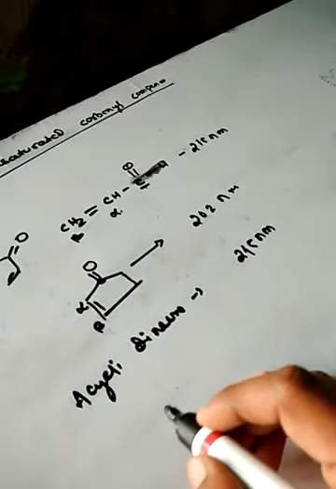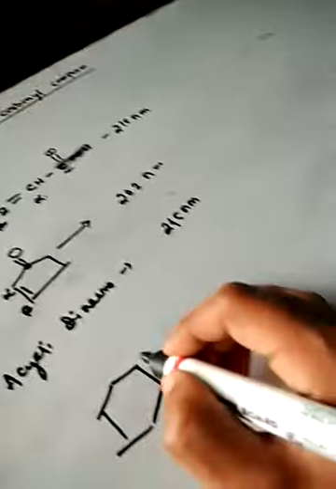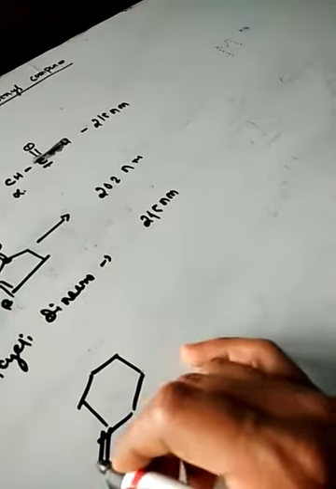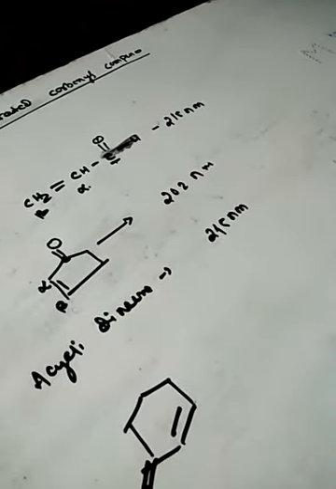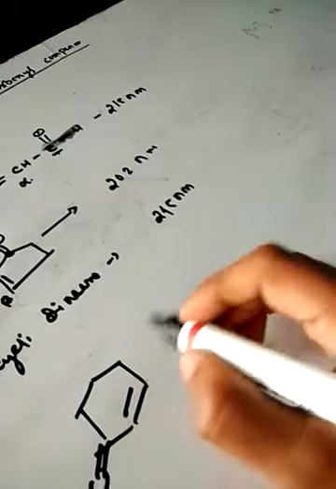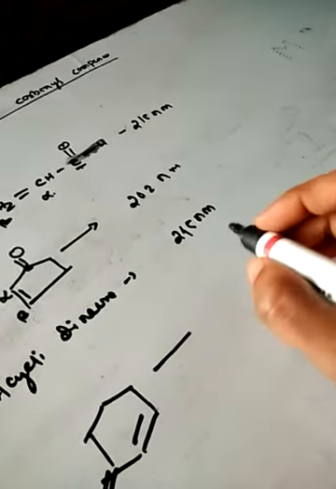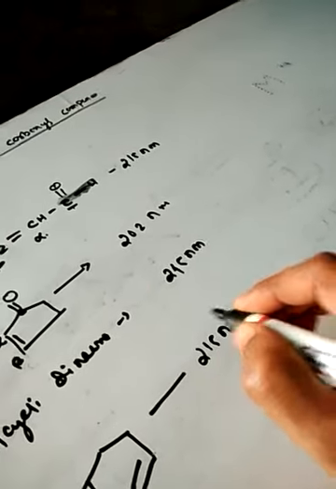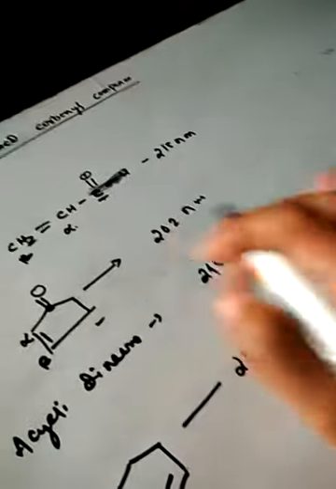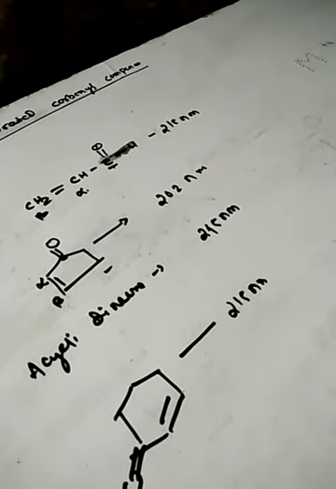For suppose, this is one of the example, this is alpha position, alpha beta unsaturated carbonyl compound. The parent value for every kind of alpha beta unsaturated ketone is 215 nanometer, except for these two. And we have,